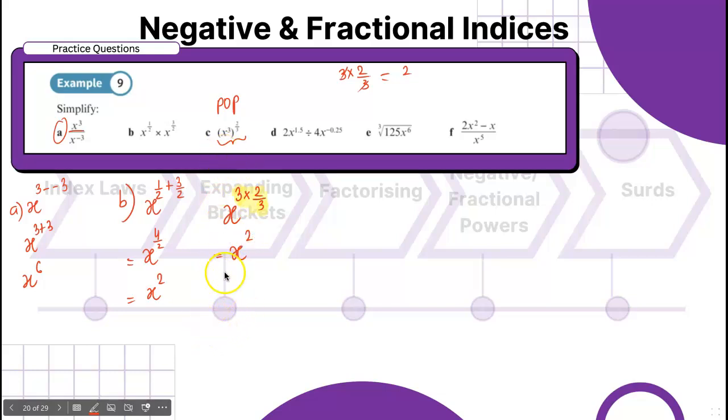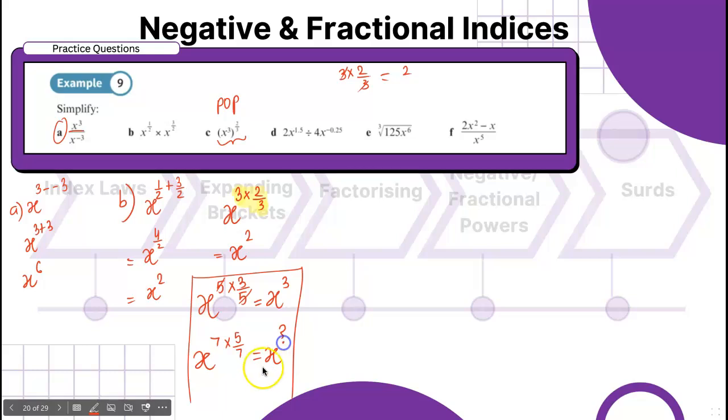For C part, now we'll be having the practice of this concept. So if I say x to the power 5 times 3/5, it will be cancelled and you're going to be getting x cubed. Correct? If I say x to the power 7 times 5/7, what would we get? Just tell me over here. Comment is needed.